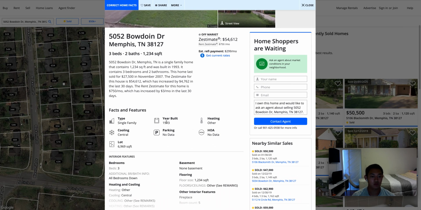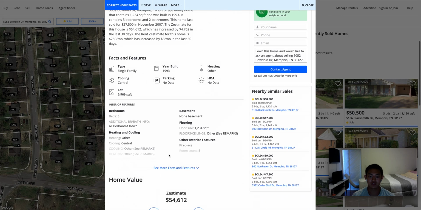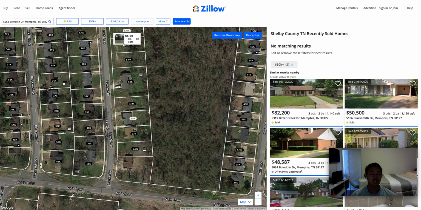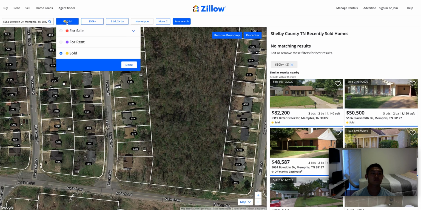And if you want other information like what year it's built or whatnot, you can go ahead and scroll down. But otherwise, this is pretty much the most important information that you probably want to look at when you're analyzing a rental property. And so once we close out of there, what we do is we make sure that we